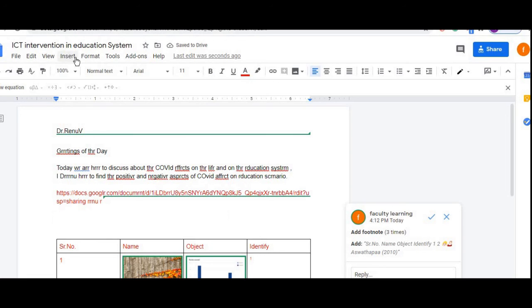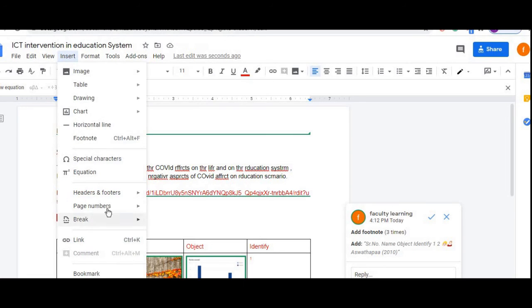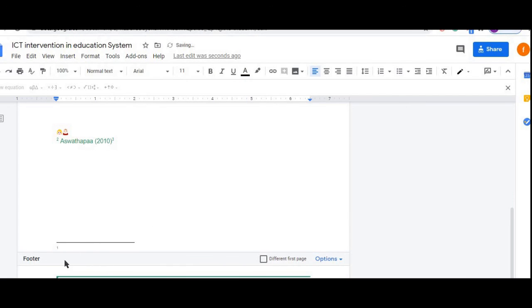So if I talk about the insert and I talk about the footer also, so in this page, see this footer, so there is no need to go to a different type paste or